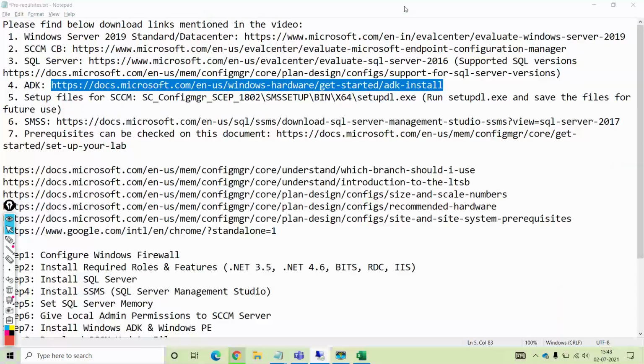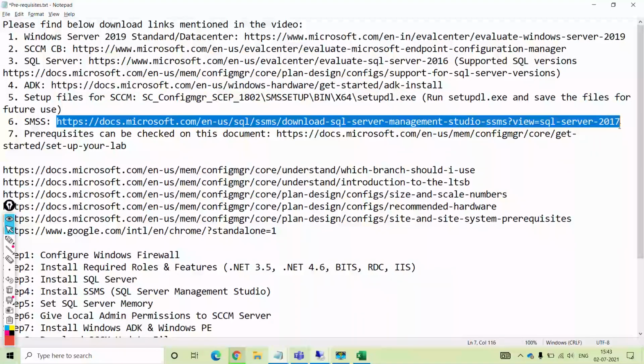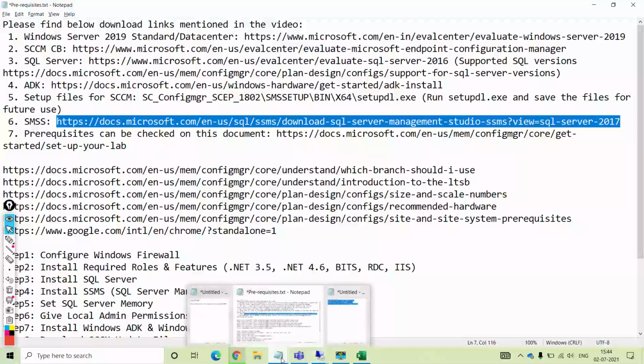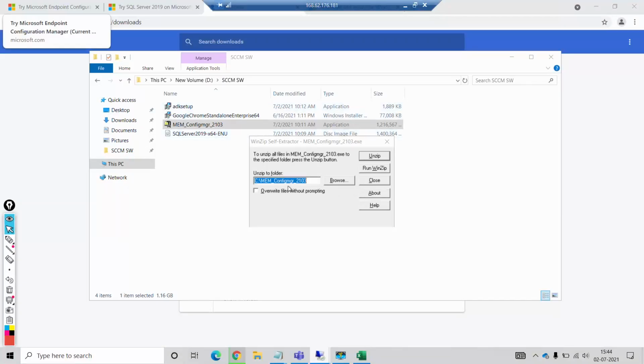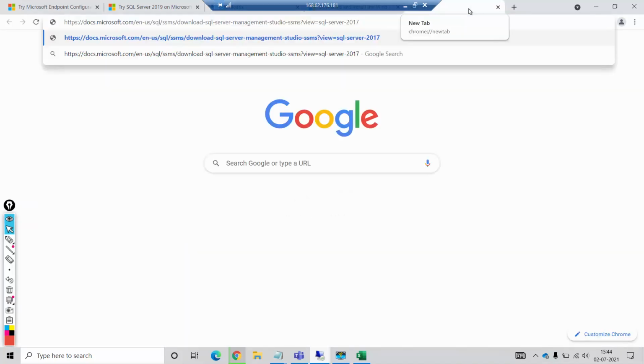So meanwhile, let this go on. I'll come here and we'll go to this link, SSMS, SQL Server Management Studio. We need to download this also. So I'll open this first in a new tab, and we'll keep this for download.